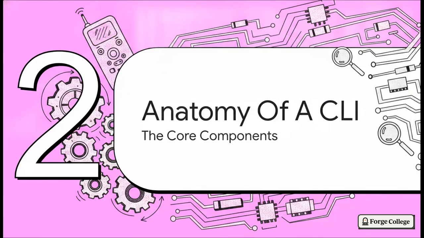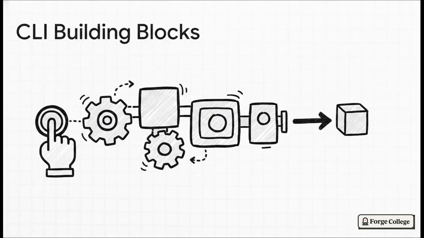Moving right along to Section 2, Anatomy of a CLI, the core components. To build this universal remote, we've got to peek under the hood at the core building blocks. These 5 components act as the raw materials, the logic gears, if you will, that make a CLI both maintainable and scalable. We've got command parsing to actually figure out what the user wants. We've got configuration contracts, so the tool knows exactly where to look for settings. We have logs perfectly designed for both humans and machines, exit codes for incredibly clear success or failure states, and